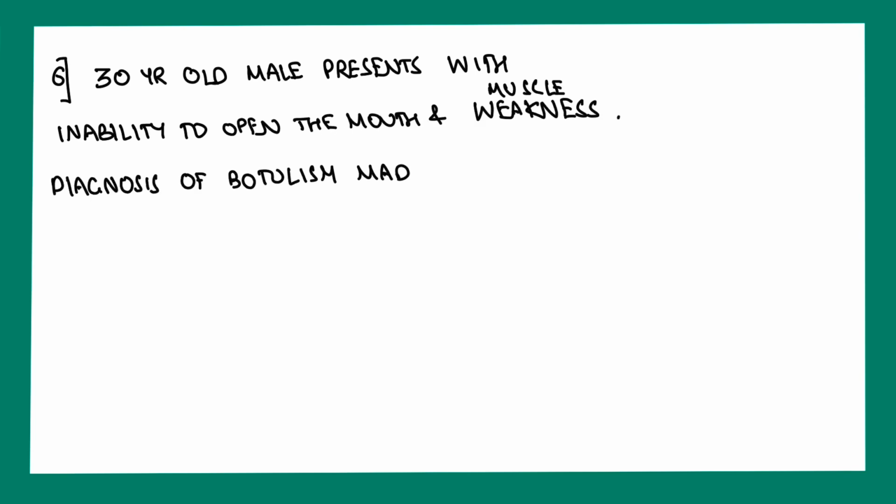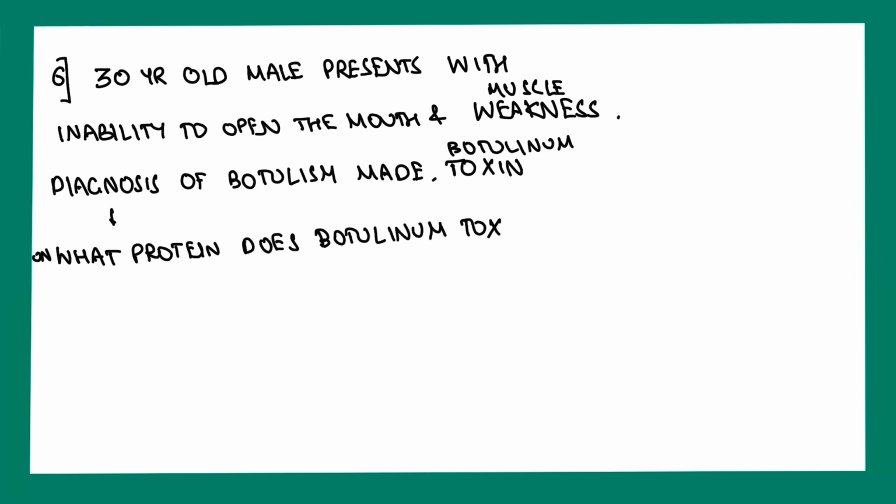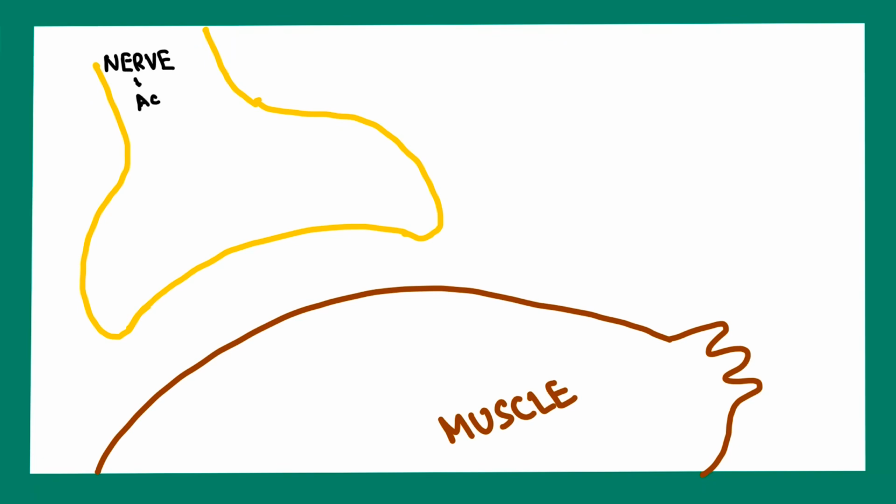So the diagnosis of botulism was made. They have been basically asking the mechanism of botulinum toxin. So let's see how botulinum toxin works. What happens is when the action potential starts traveling through the neuron to stimulate the muscle fiber for contraction, it produces acetylcholine. This acetylcholine is packed in vesicles. This needs to be fused in the presynaptic area so that this acetylcholine is delivered to the muscle fiber for